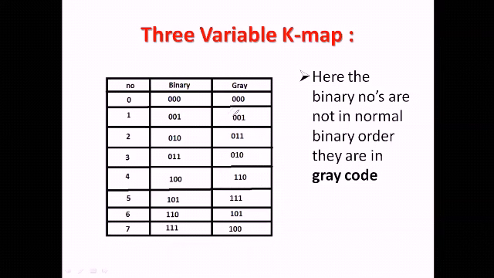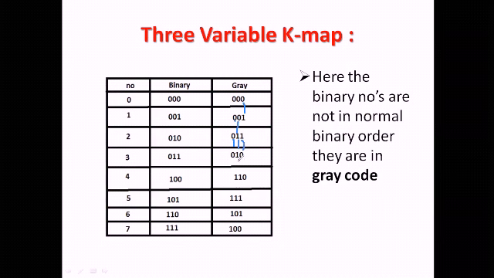Just look here. This is 0, 0, 0. So this one bit is changed here. So this becomes 0, 0, 1. In this case, this one is same. This one, that is 0, is same. This one is also same. There is only this bit change. Here and here, this and this is same. Only this bit is changed.